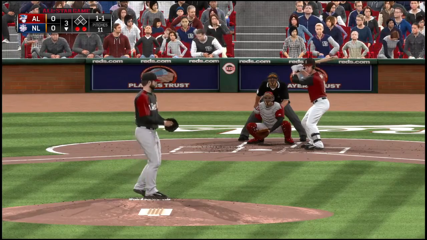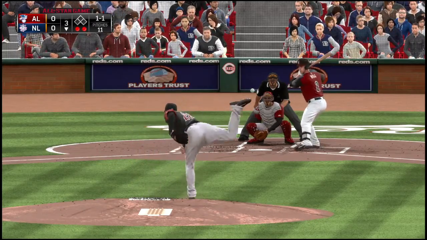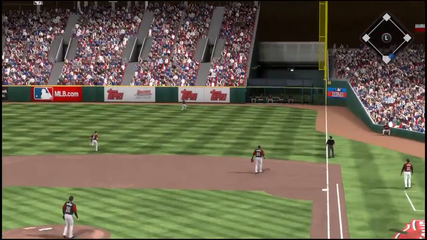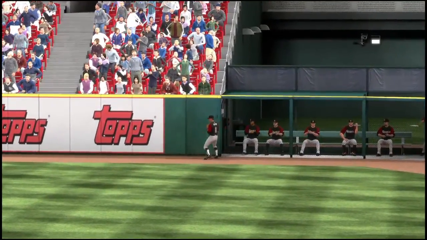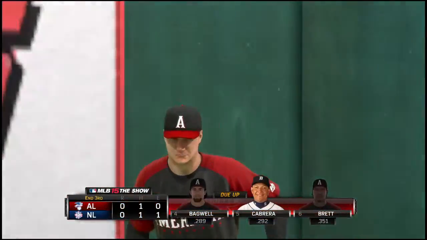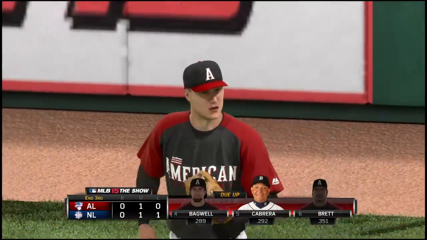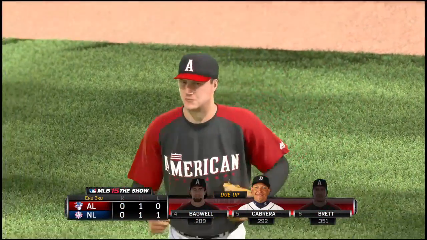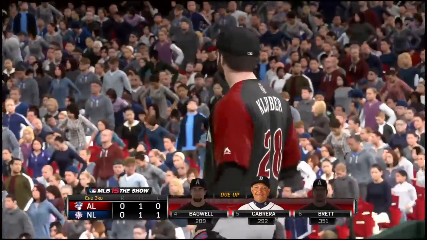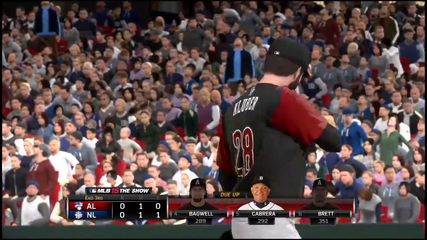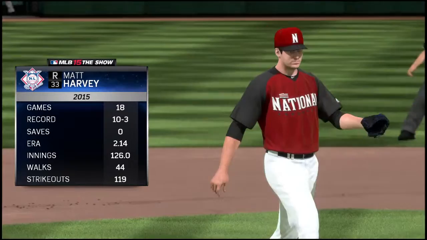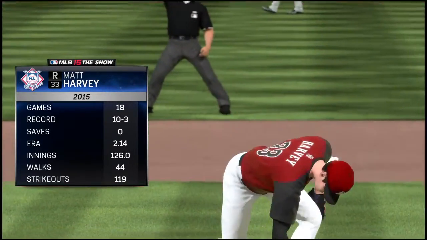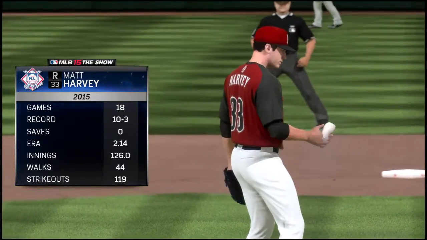Here's the 1-1. Hammered the other way to deep right field. And he will get there to make the running play, and that will end the inning. 1, 2, 3 go the National Leaguers. We'll head to the fourth, still scoreless. Matt Harvey will be the new pitcher. Now pitching for the National League, number 33, Matt Harvey.